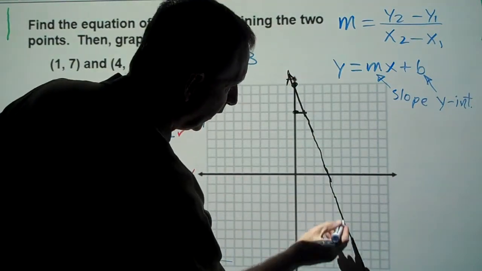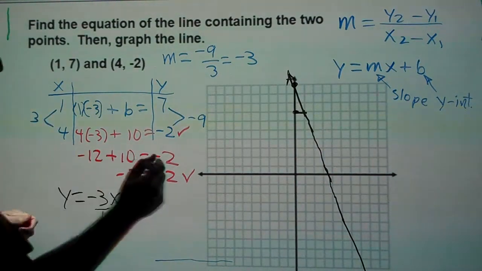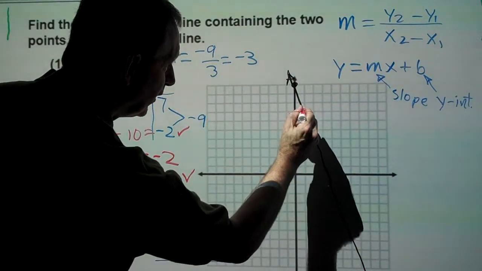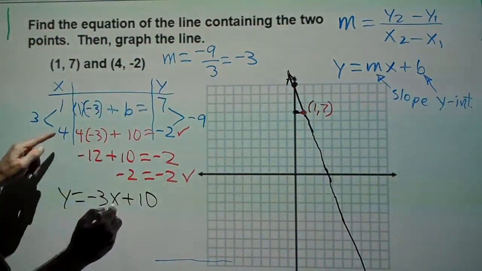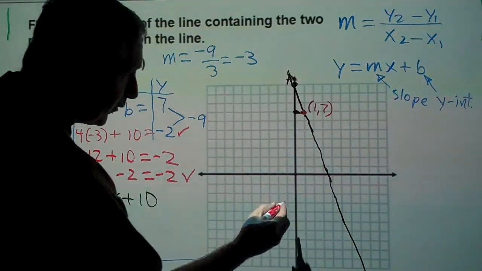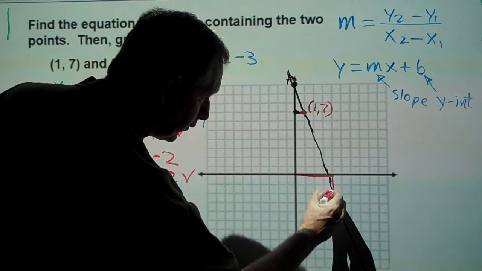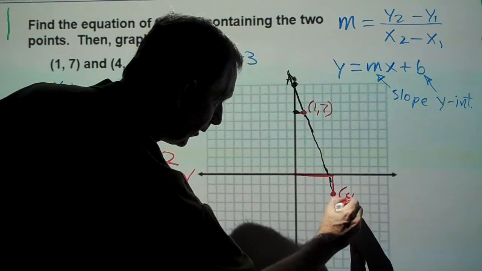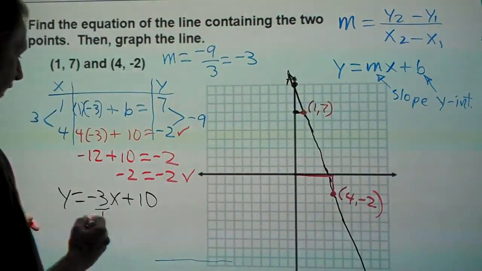Now we're going to take our points and see if these points reside on this line. We have the point (1, 7), and (1, 7) is right on the line. Check. Sometimes it's the second point that will mess us up. So (4, -2). We go over 4 to the right, down 2. So (4, -2) resides on the line. So this graph checks